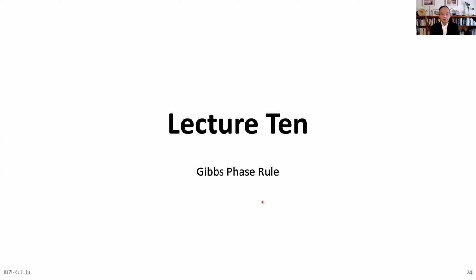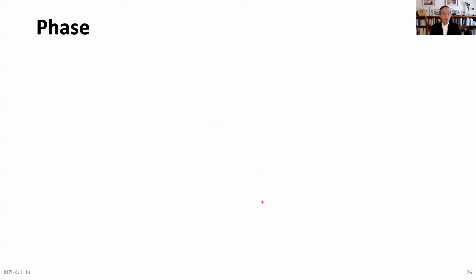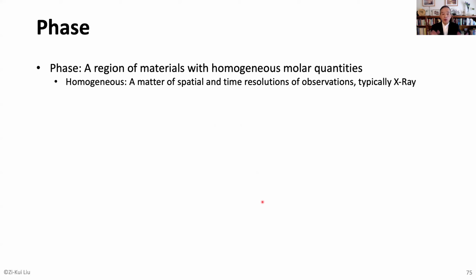In lecture 10, we're going to discuss Gibbs phase rule, one of the most important rules in thermodynamics. When we talk about the Gibbs phase rule, we first have to define what is a phase. A phase is a region of material with homogeneous molar quantities. By homogeneous, we mean